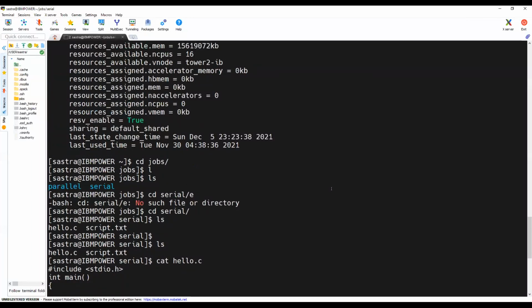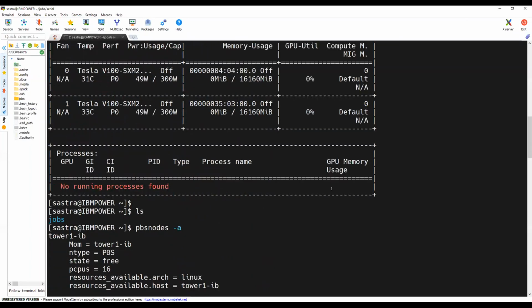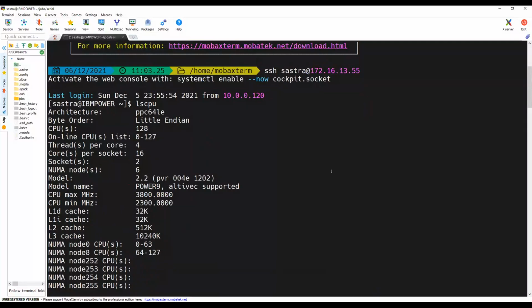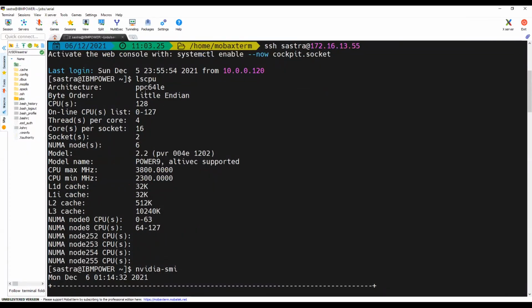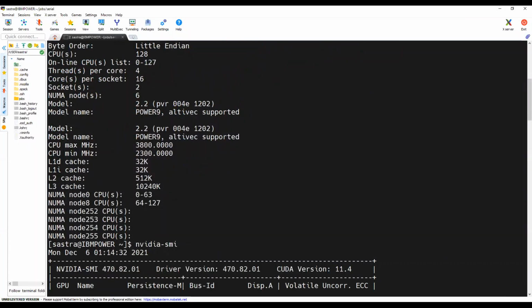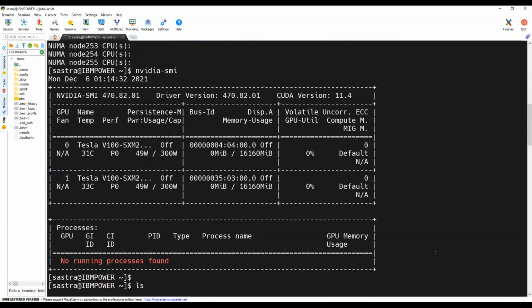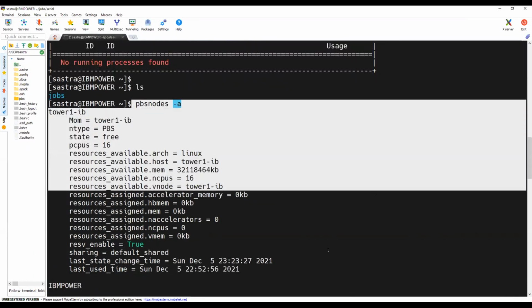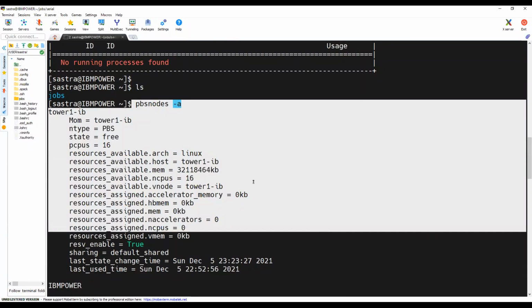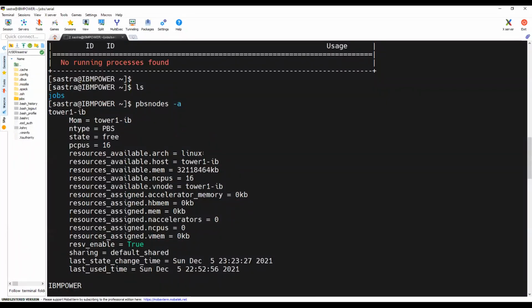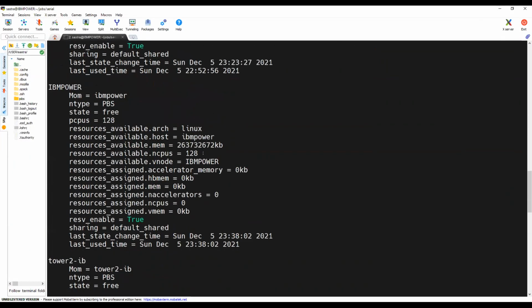So I'm explaining it again. I have just now logged in to the Sastra system. I'm checking the CPU status here, the GPU status here, and the status of the PBS which we have here. Here you can see the status of all the resources available in the node.